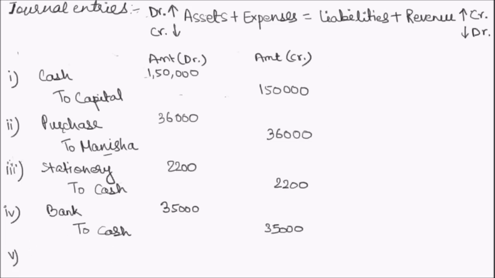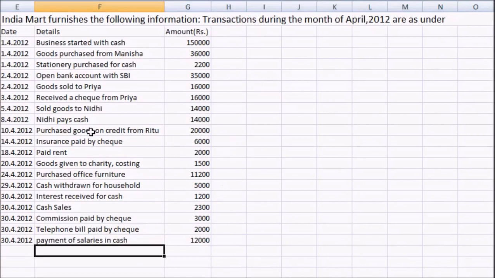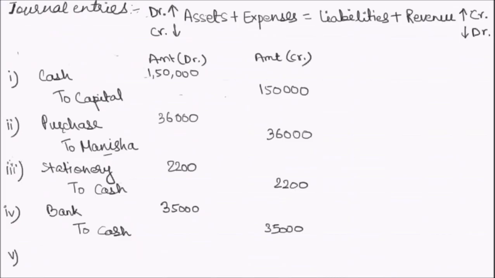Now we come to the fifth transaction. Goods sold to Priya. There are two accounts involved in this transaction. As goods has been sold, it is named as sales account, and the other account is Priya account. As any sale of goods is considered to be revenue, sales are part of revenue, so any increase in revenue can call